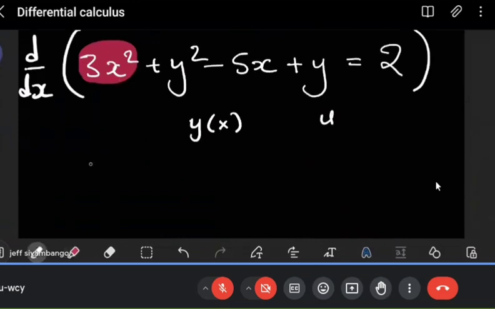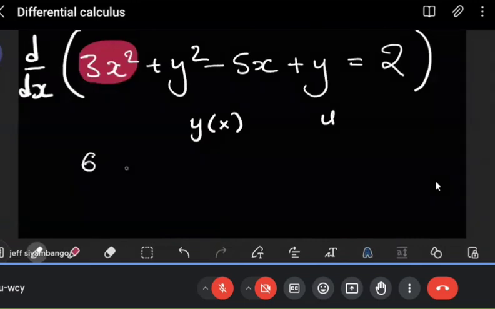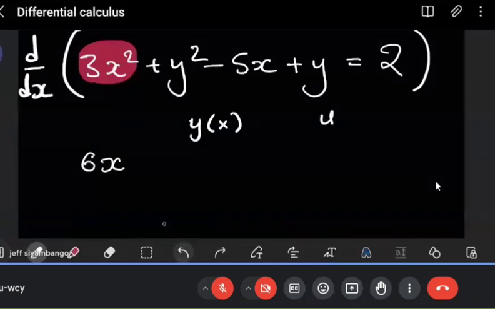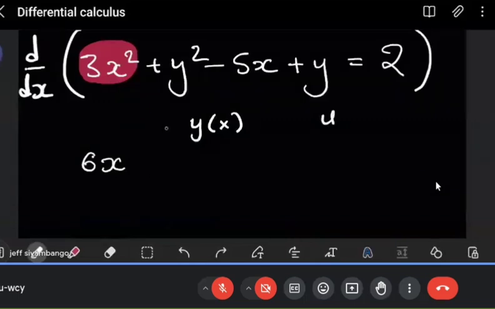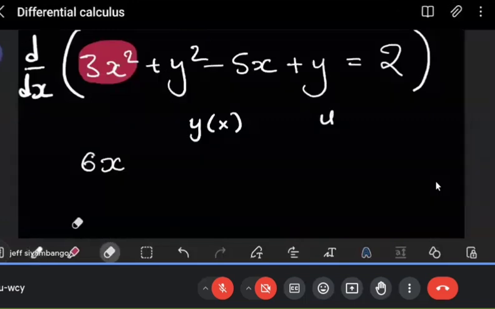The 2 comes down to multiply the 3, giving you 6. The power for the x here reduces by 1 to become just 1. But problems will arise where you have the y squared. Now, having presented on implicit differentiation a number of times, I'll give you an approach which seems to work for